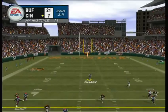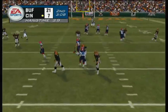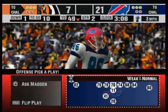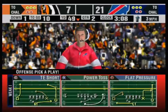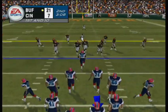Here's the kick. And he chooses not to return this one. Hey, no reason to take a chance and risk a fumble. Smart move there by the returner. They'll take over at the 49-yard line. First